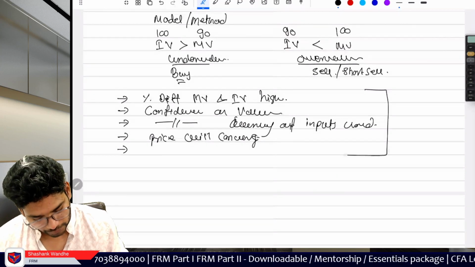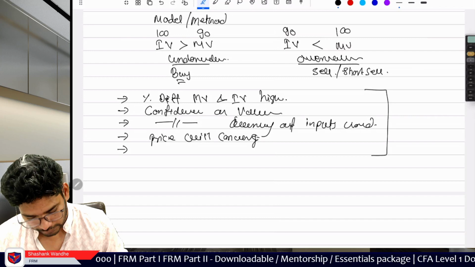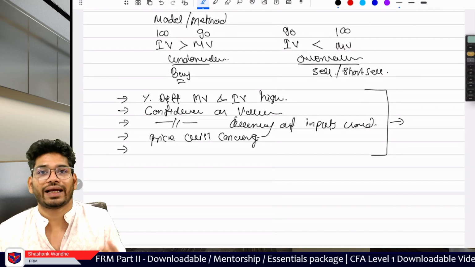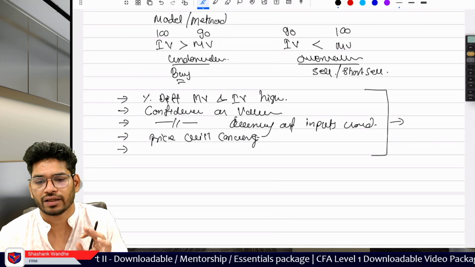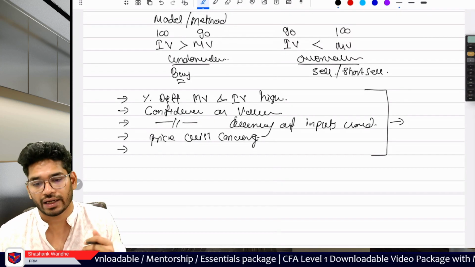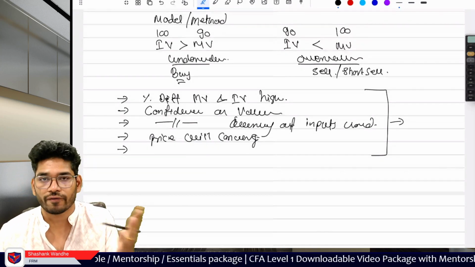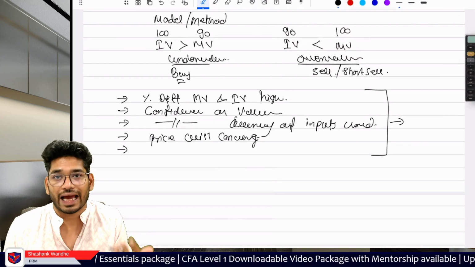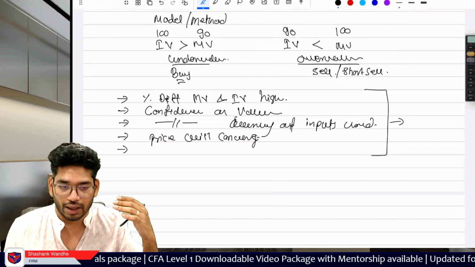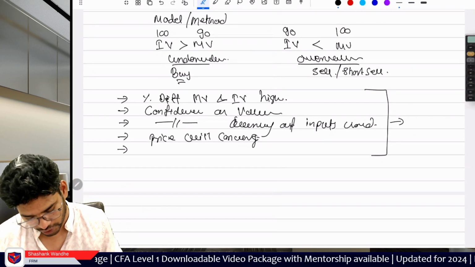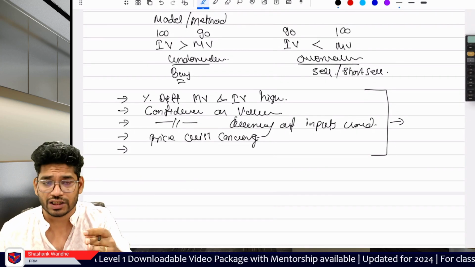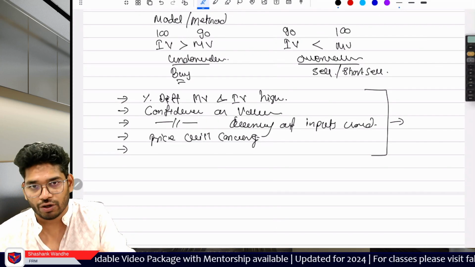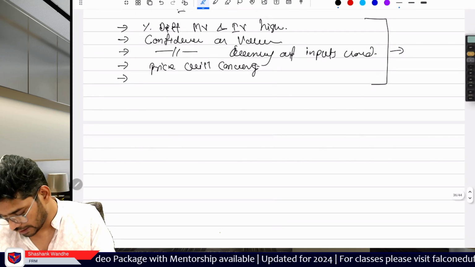These are the situations in which any investor will take a position in a stock, so you have to remember these conditions: the difference, the confidence on value, the confidence on inputs used, and the convergence of price. How likely, in your opinion, is it that the market value will approach the intrinsic value? This simply means if the market value is 100 and the intrinsic value is 90, the market value will come down to 90. So this means the market value converges to the intrinsic value.